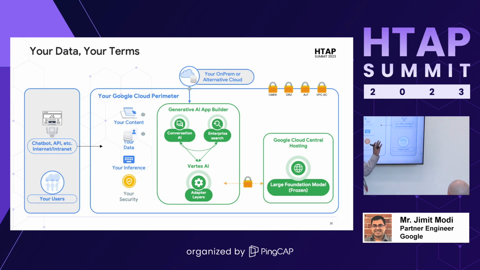Right, so this is a very high-level overview of how your data is stored and where all the data goes. This is going to be a GCP environment. This is the large language model which exists. There's something we call an adapter layer where all the APIs are being used. So if I'm trying to call an LLM which is frozen, the adapter layer will make an API call, get you the data, and then comes out. This is how we make sure that your data only stays in your environment. It's not shared with other organizations, and nobody else gets access to it.